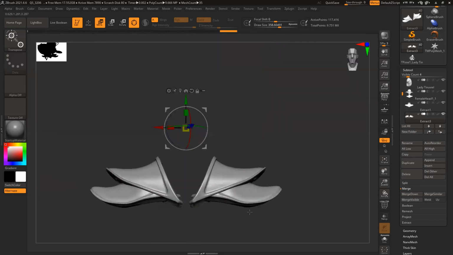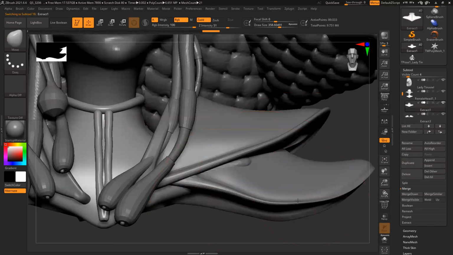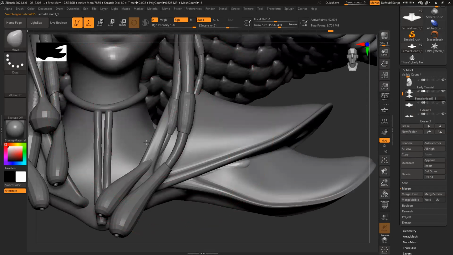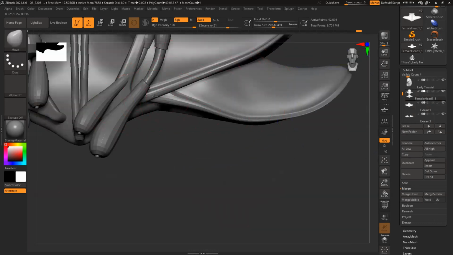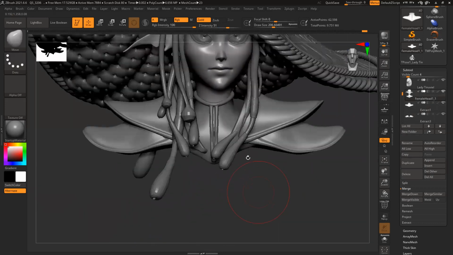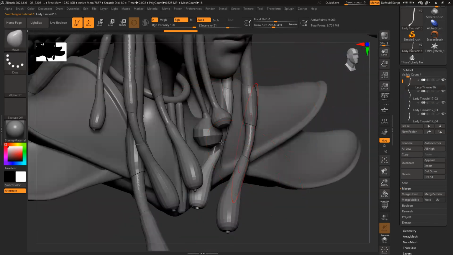Those little small adjustments that we have to do. Almost cylindrical. This one I can see clearly, slight intersection. Have to fix this.